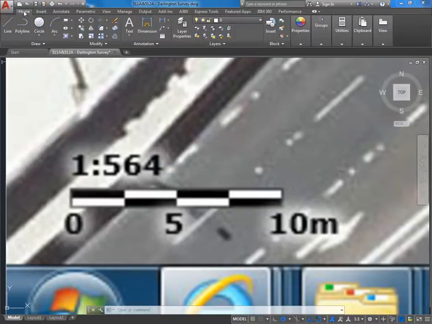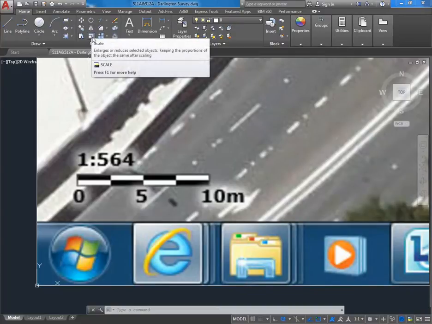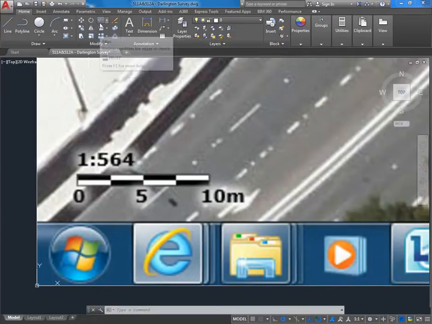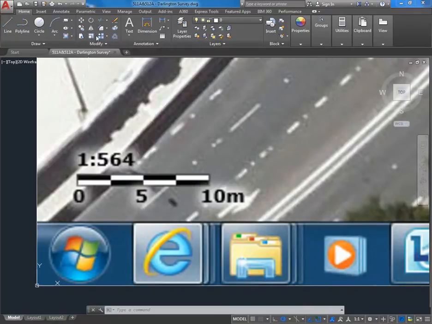So back onto the Home tab, you'll see then, especially if you haven't used AutoCAD very much, a lot of tools use the same icon as Revit. So in the Modify panel, you'll recognise a lot of those icons: Move, Copy, Array, Mirror, Rotate, Scale, Array, and so on. Use exactly the same icon as Revit. So the Scale button you can see there on the bottom of the second column. I'm going to click, and you can see on the command line it tells me Scale, and then it's prompting me to select objects. So I'm going to click onto the border of my image to select it, and then,